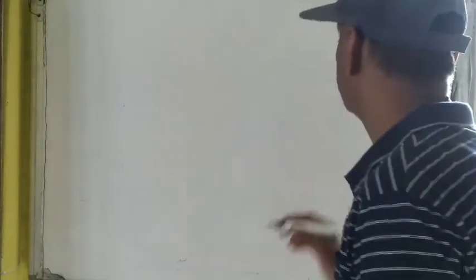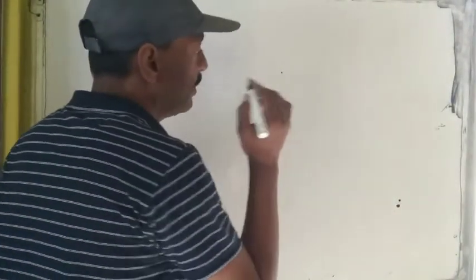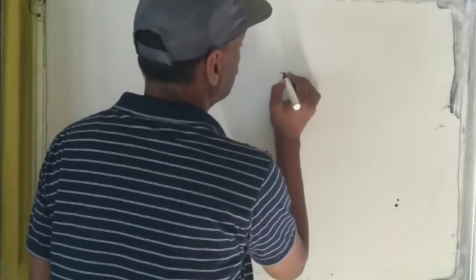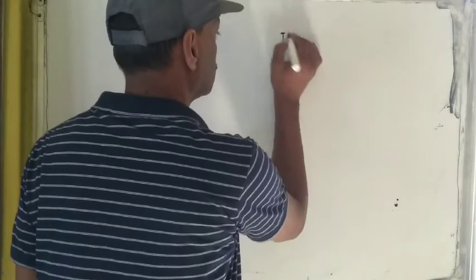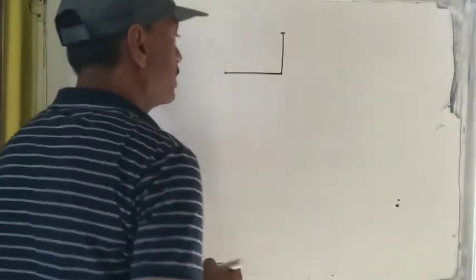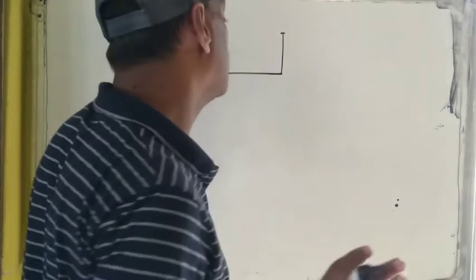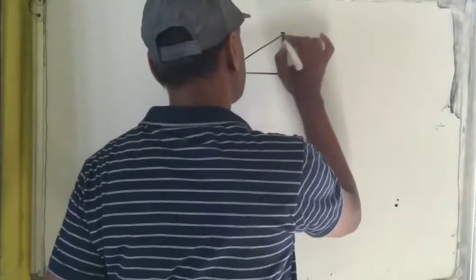How far apart will be the two planes after 1.5 hours? The question is like this. Suppose this is the airport. One plane is flying from here to the north, so take this as north, and another is flying to the west. This is the west. Now we have to find out the distance between them after 1.5 hours. So this will be the distance.